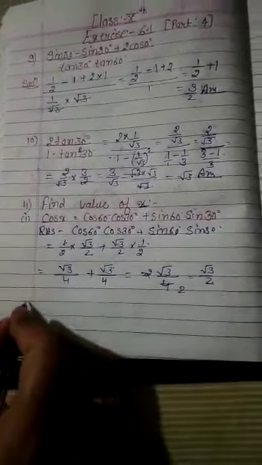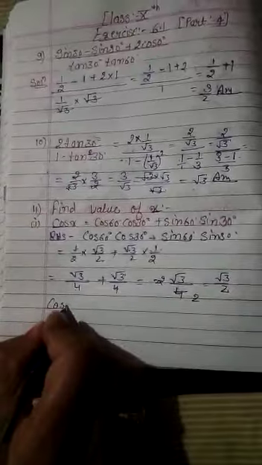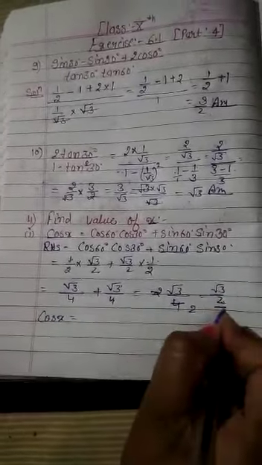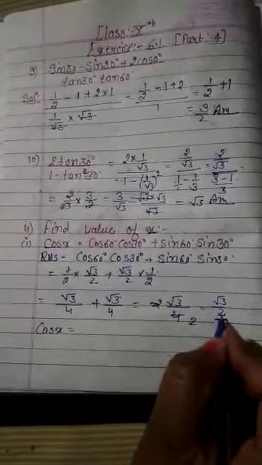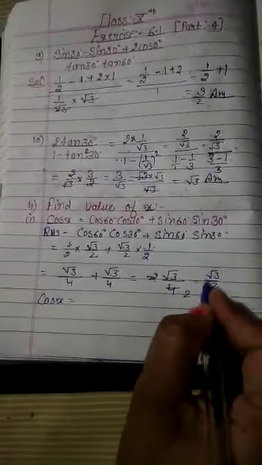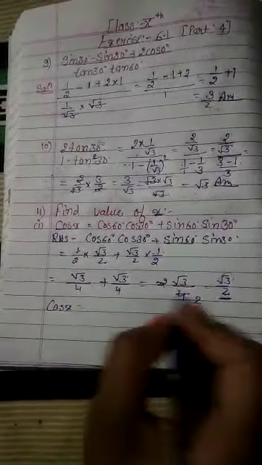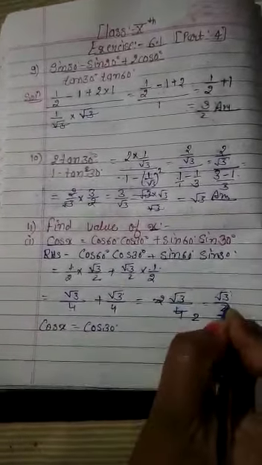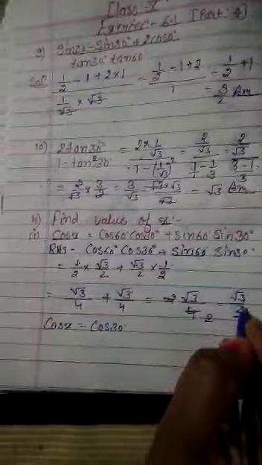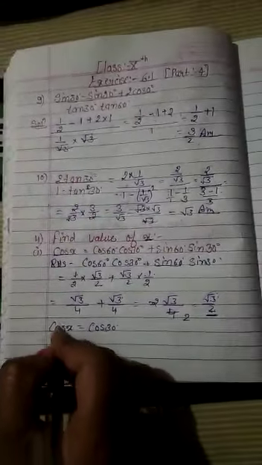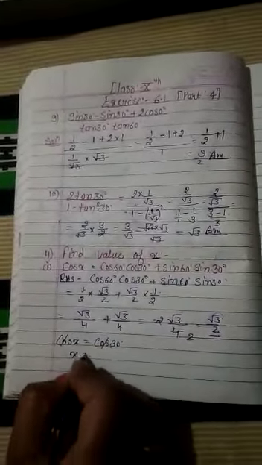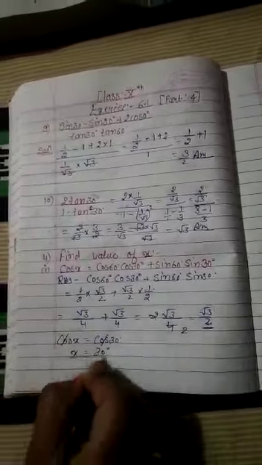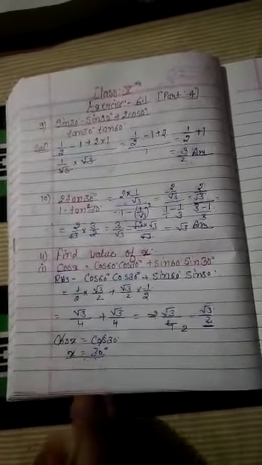But we know that in LHS we have cos x. Okay. And in RHS we have root 3 by 2. And in the cos table, what is the value of root 3 by 2? According to the cos, we have cos 30 degree. Cos 30 degree is root 3 by 2. So we can replace the value root 3 by 2 by cos 30 degree. Cos and cos will be cancelled out. So x is equal to 30 degree we will get. Okay. So the answer is 30 degree.